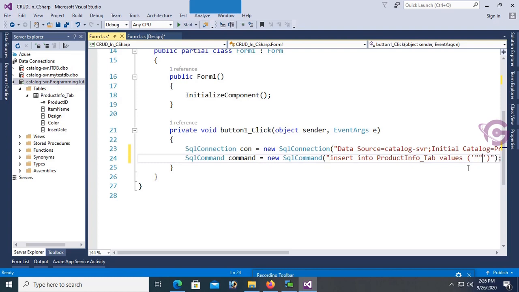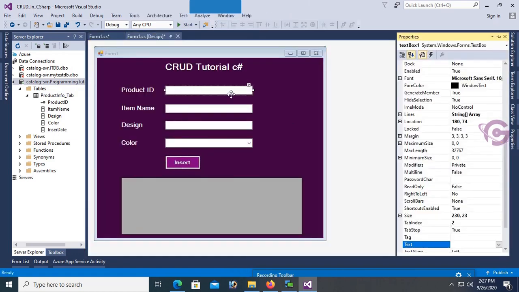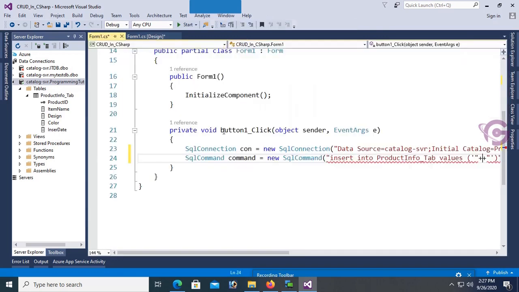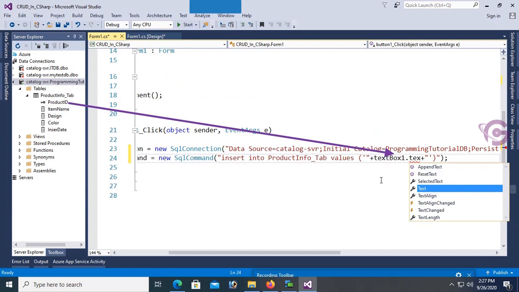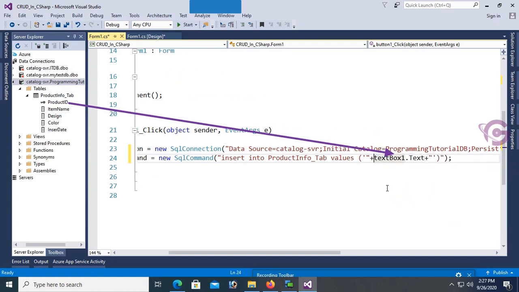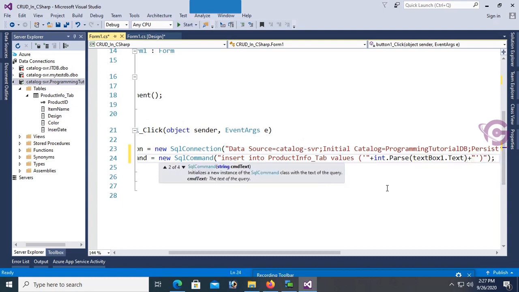Okay, the first value is for product ID, which we will get from text box 1. Item name comes from text box 2, design from text box 3, and color from the combo box 1. Now the values: text box 1 dot text is the product ID. This is an integer type, so convert it to integer dot first, text box 1 dot text,